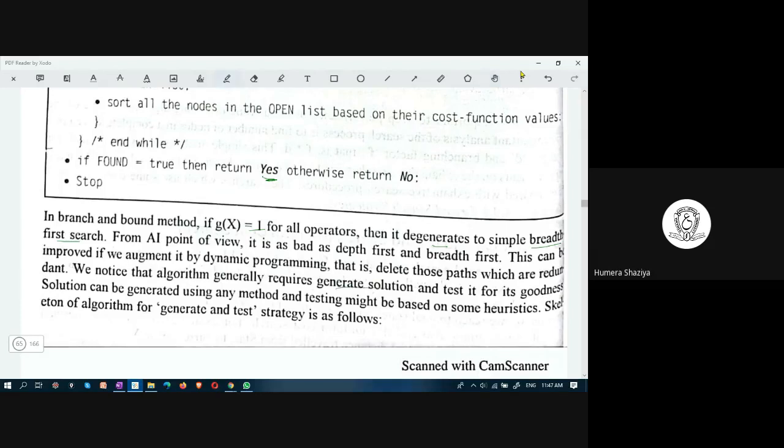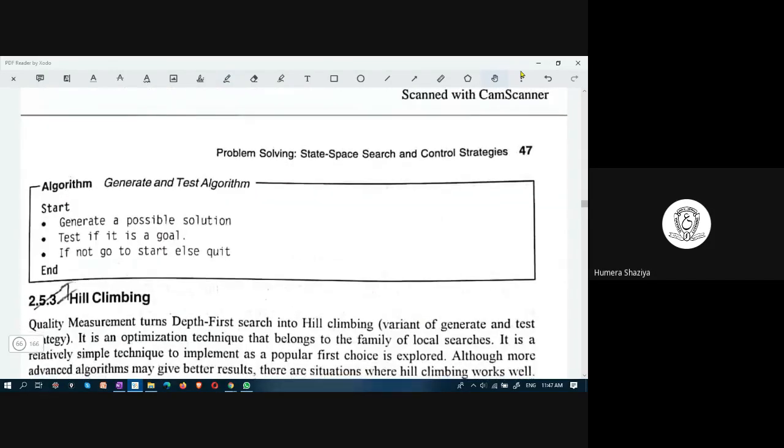And then the algorithm requires to generate a solution and test it for goodness. Solution can be generated by using any method, and testing might be based on some heuristics. Skeleton of it: it has to generate a possible solution. Test if it is a goal. If it is not goal, start again, else quit.